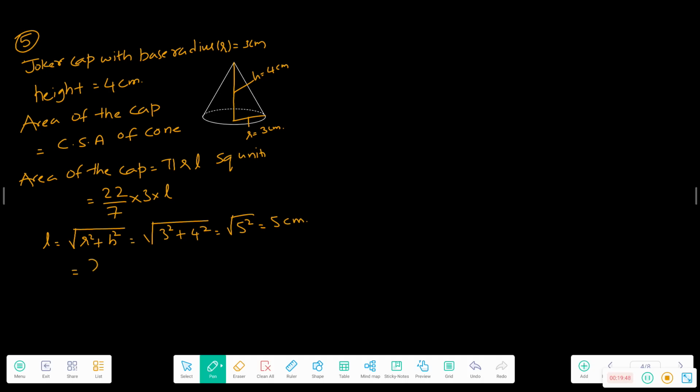So substitute in this, so it will be 22 by 7 into 3 into 5. So 3 5s are 15, 15 2s are 30, that is 330 by 7 centimeter square. Now total sheet available, so sheet available is